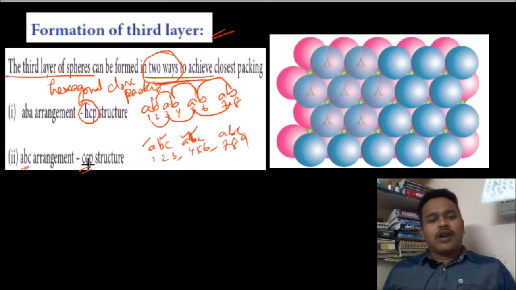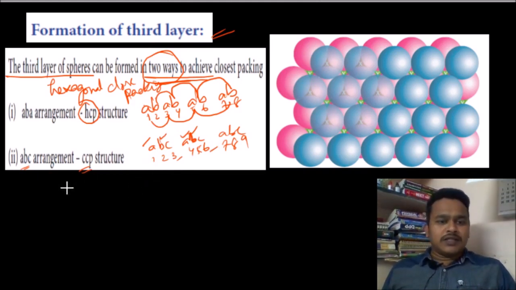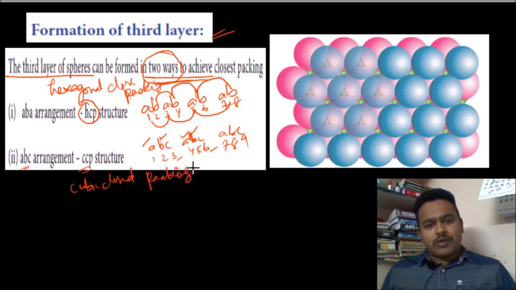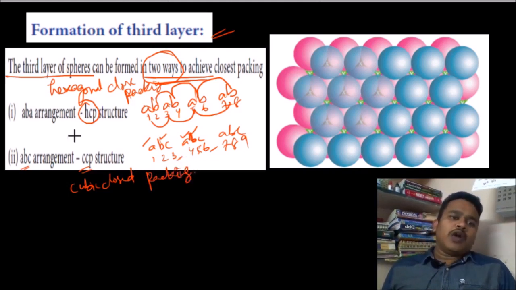This is called CCP, cubic close packing.